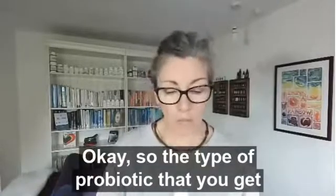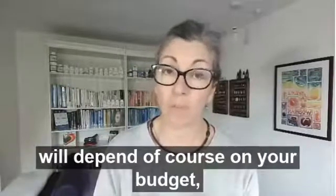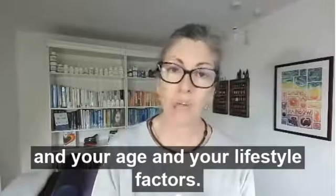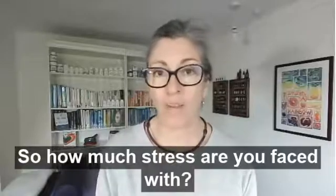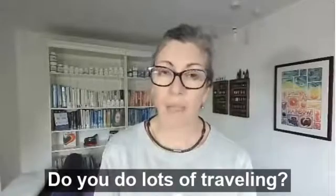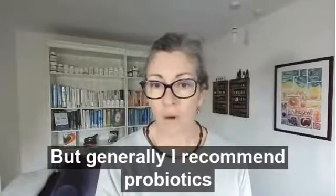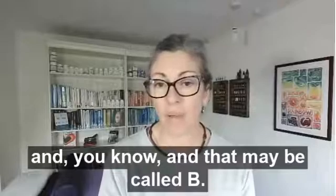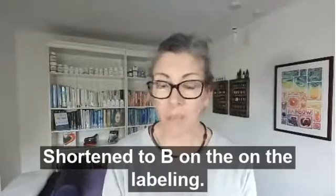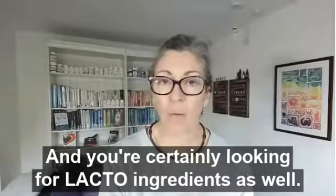Okay, so the type of probiotic that you get will depend, of course, on your budget and your age and your lifestyle factors. So how much stress are you faced with? Do you do lots of traveling? How is your immune system generally? But generally, I recommend probiotics that have a good range of bifidobacteria, and that may be called B, shortened to B on the labeling, and you're certainly looking for lacto